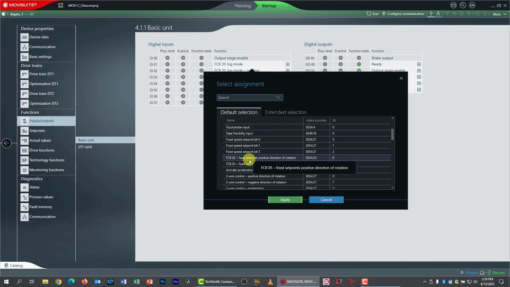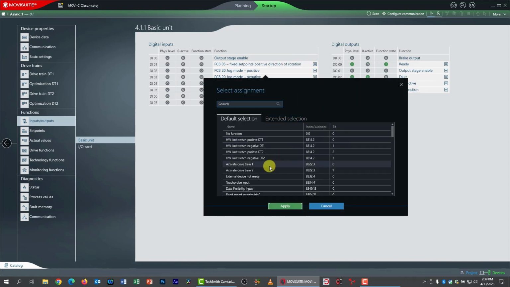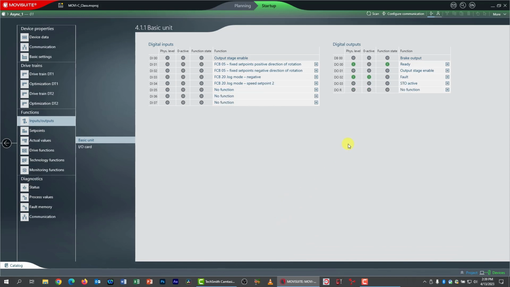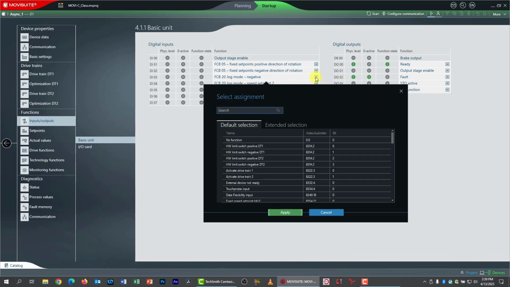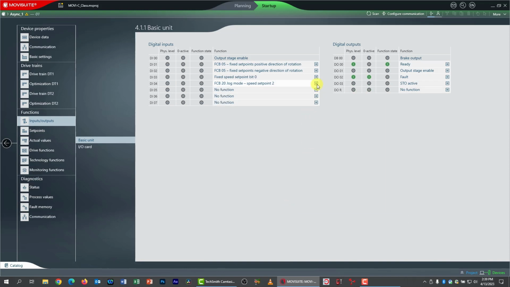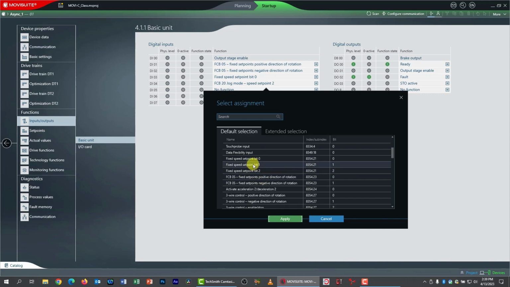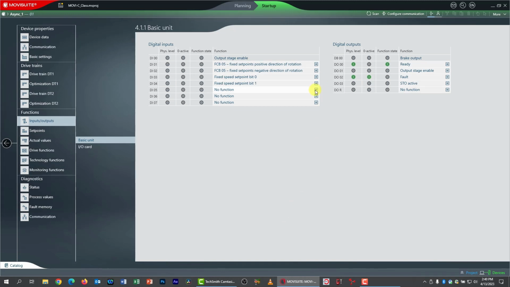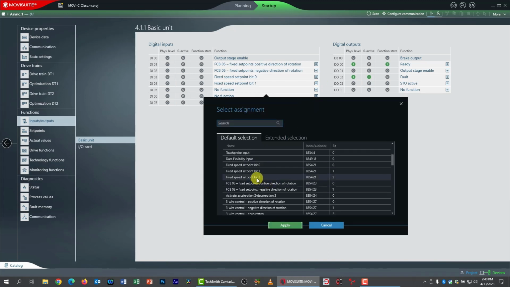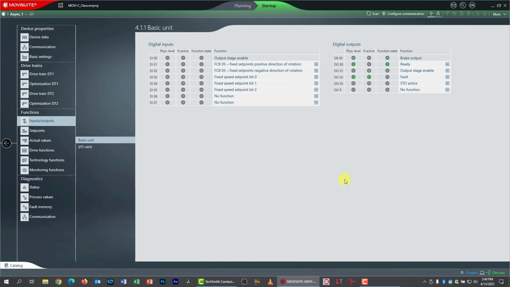I'm going to set the first one to FCB05, positive direction of rotation, FCB05, negative direction of rotation. FCB05, if you haven't guessed, is speed control. And then I'm going to set the next 3 to the fixed set point bits. Bit 0, bit 1, and bit 2. This will allow me to enter a binary number between 1 and 6 to pick the set